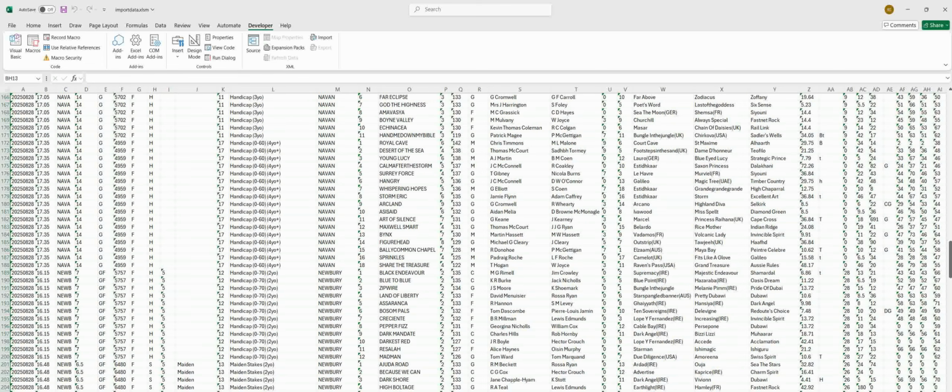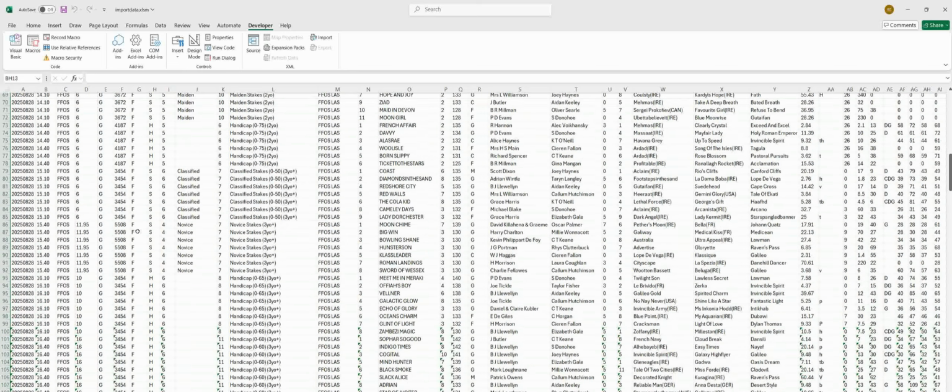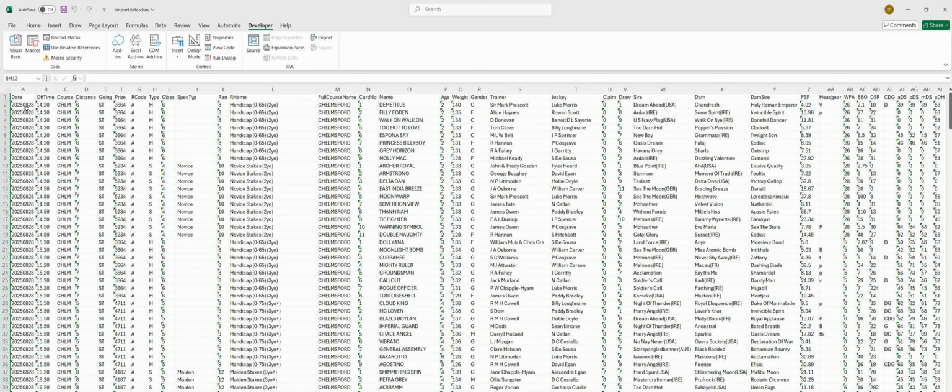So it's renamed the sheet 28th of August 2025 based on what was in A2. We've just reversed it just for readability, and then we can work on this file, save it as we want,